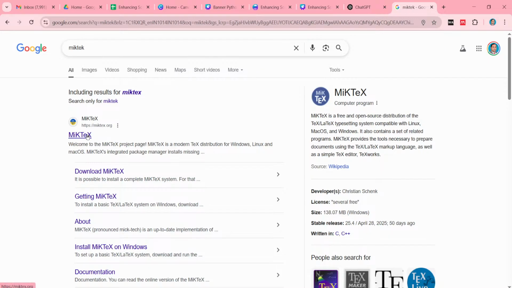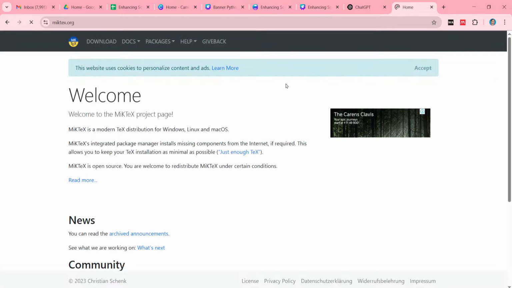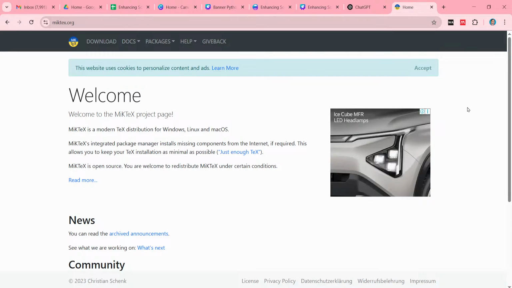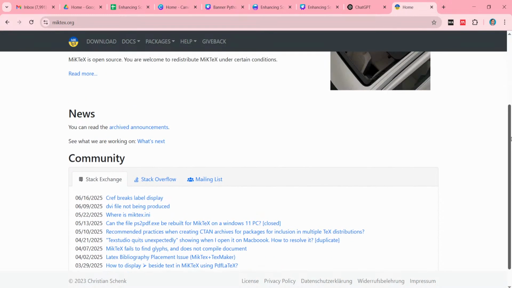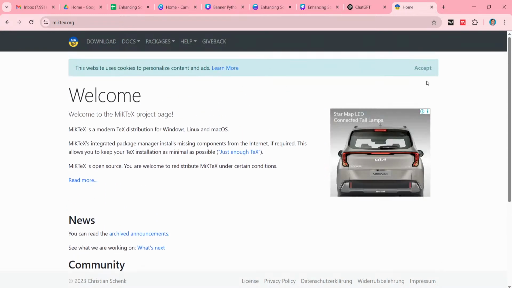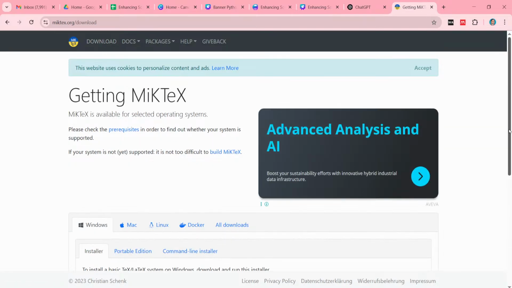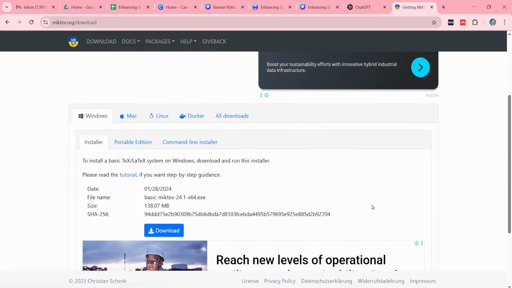Okay, when you click here, you will see that this is the official website of MiKTeX, and all the information about MiKTeX is available here. Okay, and here you can download. Click here, download. You can see on this page that if you are using a Windows-based operating system,